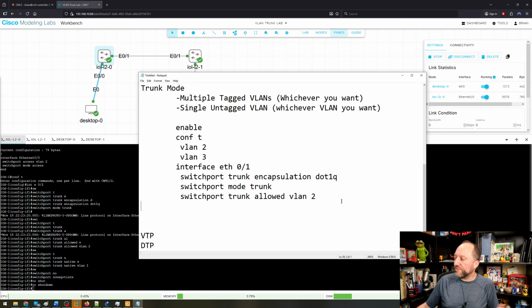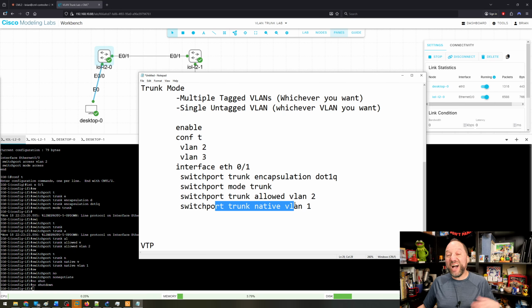And we did switchport trunk allowed VLAN 2, we now would specify the untagged VLAN. And that would be another trunk command, switchport trunk native VLAN 1. So a native VLAN is the untagged VLAN on that trunk port. That's what this command does. It doesn't have to be VLAN 1. It could be VLAN 73,